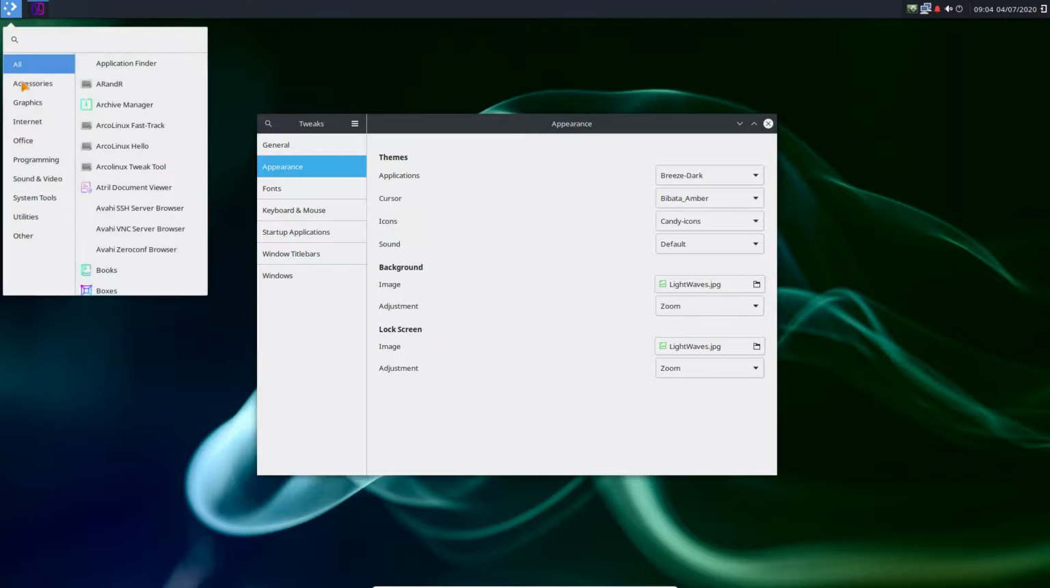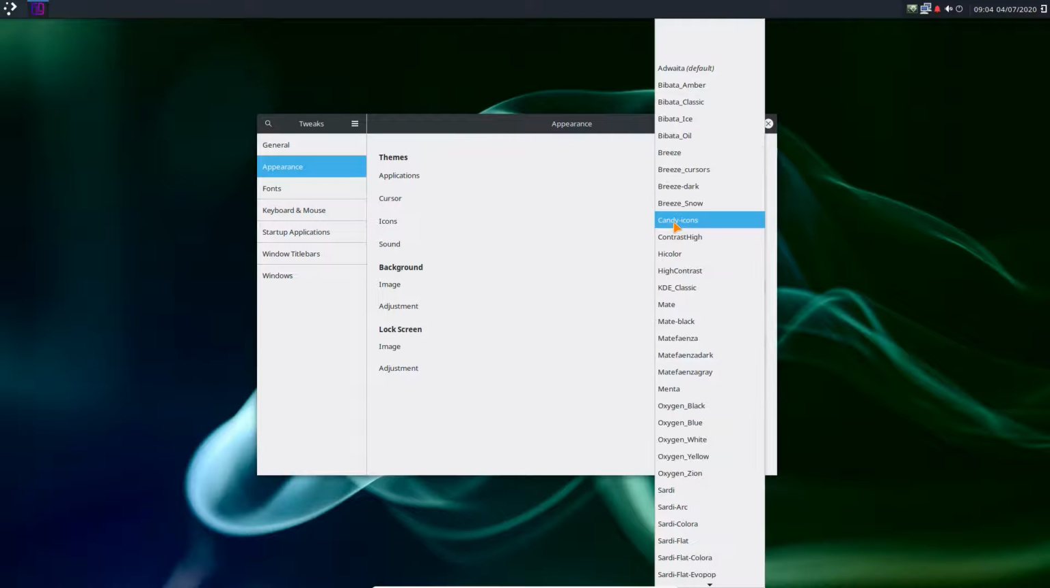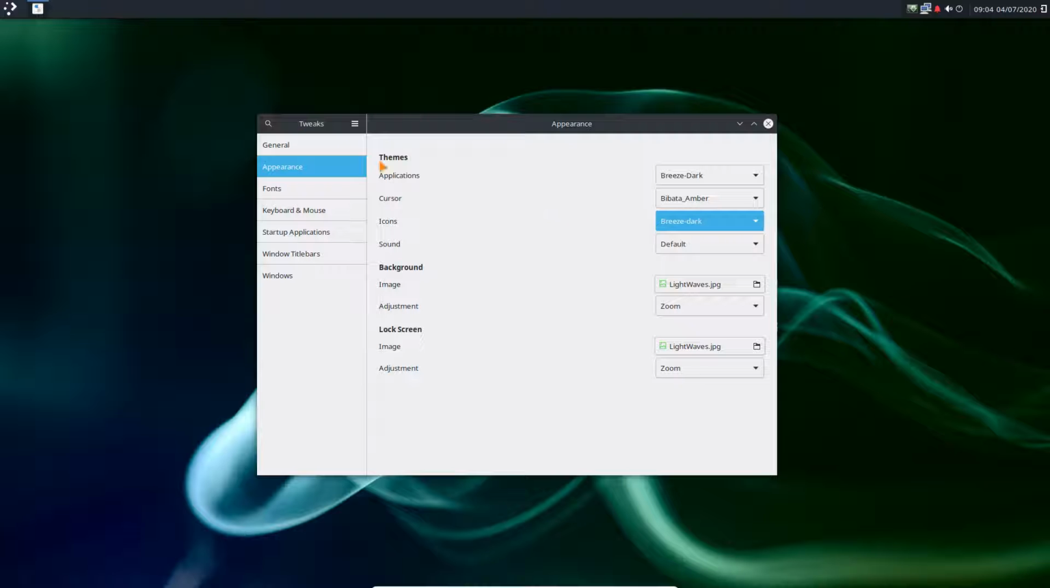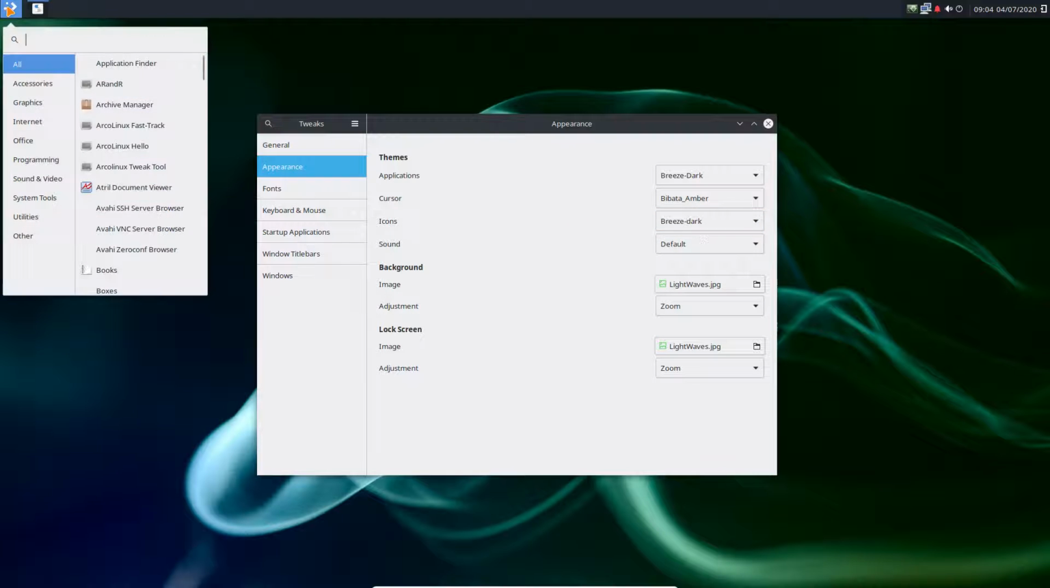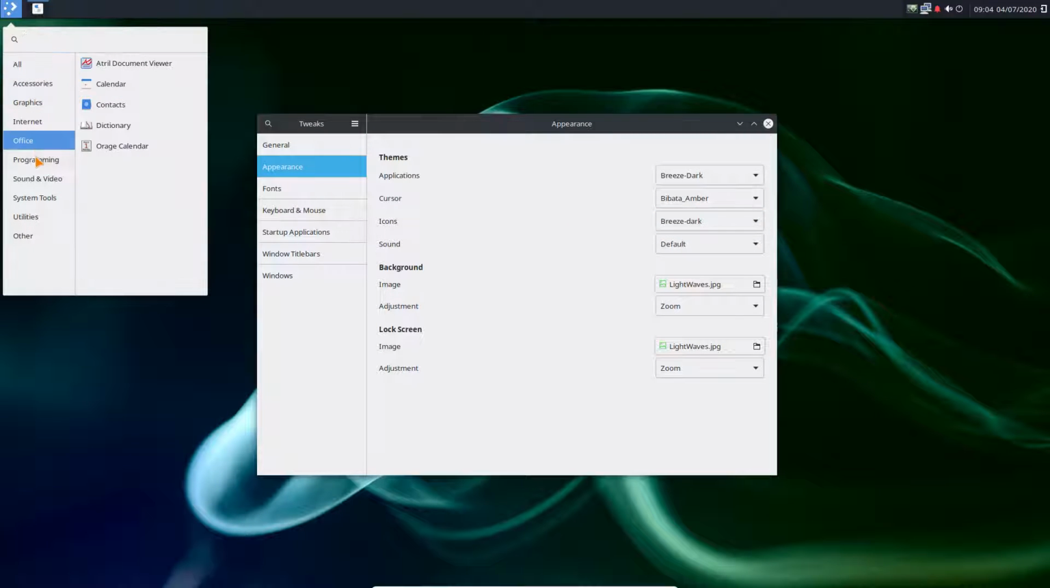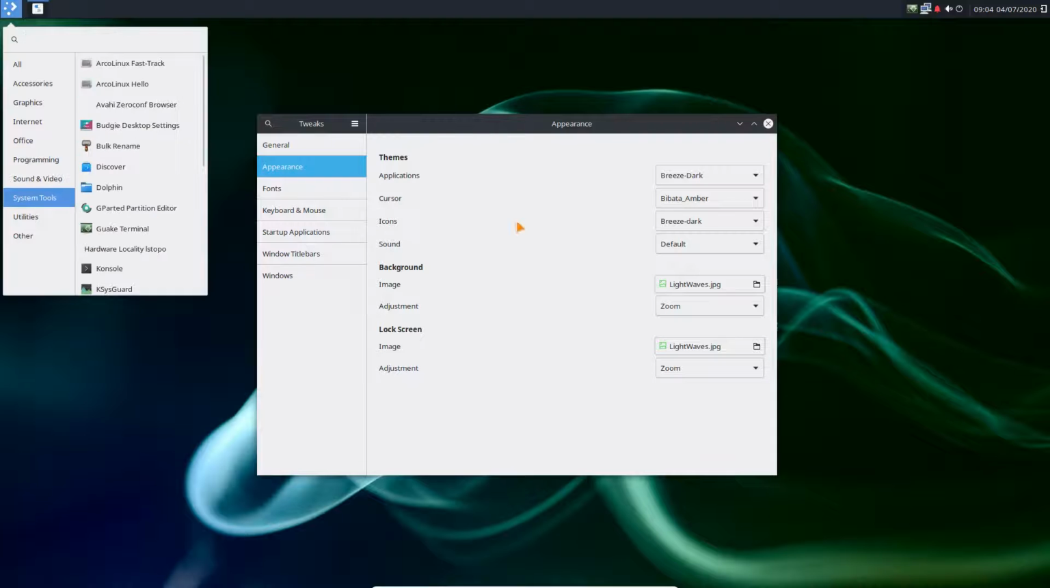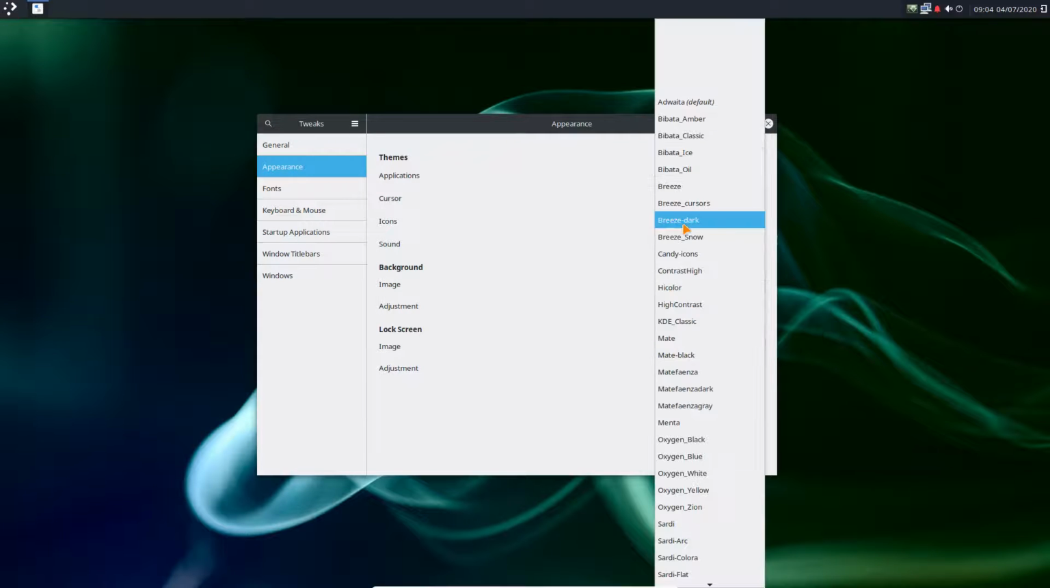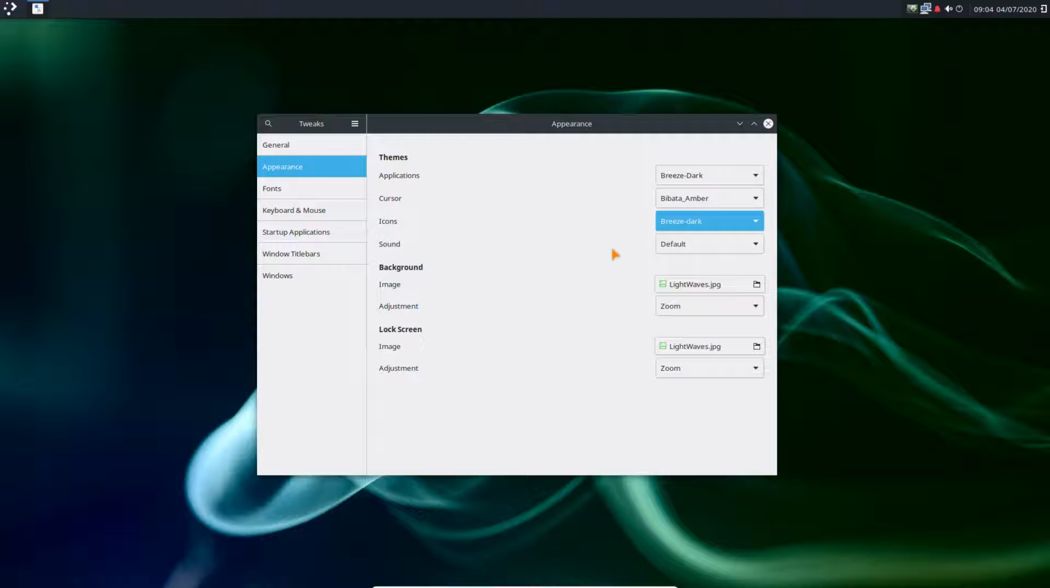So we're now Breeze Dark. Not yet. Probably need to reboot again. Candy icons. Sorry, that's what I wanted to do. That's what I want to do. And now we can see something. My mistake. Not nice. Anyway,